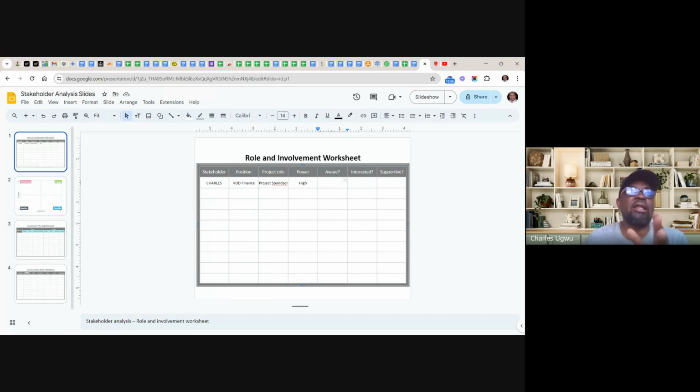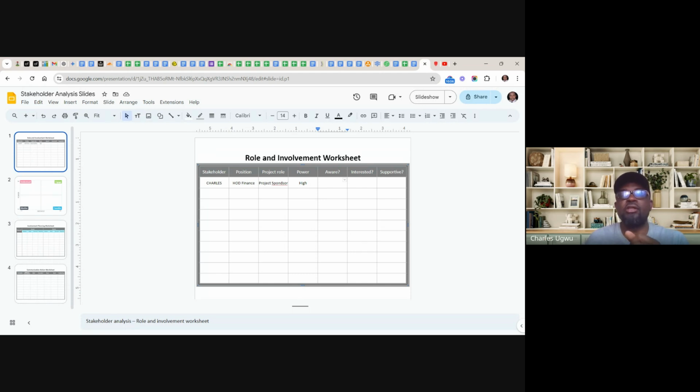Analysis is analyzing: is it what it's supposed to be, or is it not what it's supposed to be? What is happening? That's analysis. If it is not what it's supposed to be, then what am I supposed to do? You need to work towards making it what it's supposed to be before your project crashes.